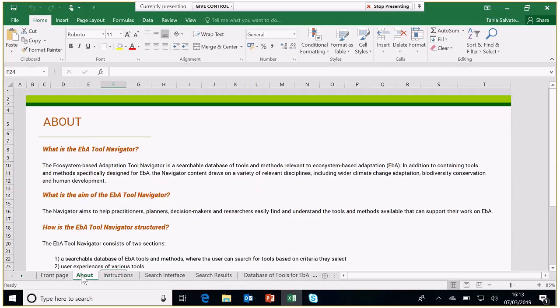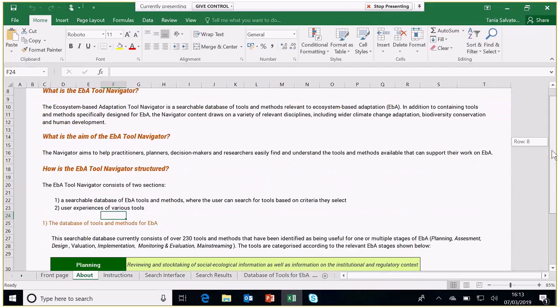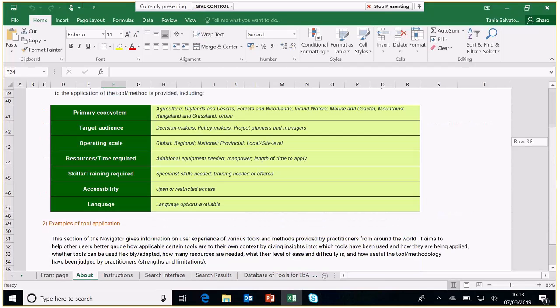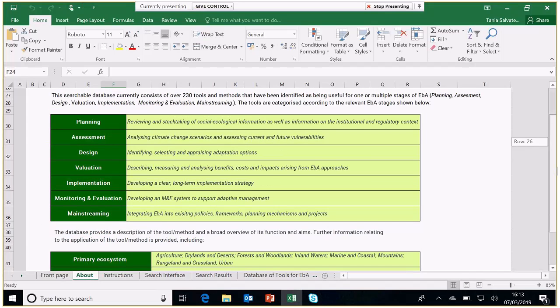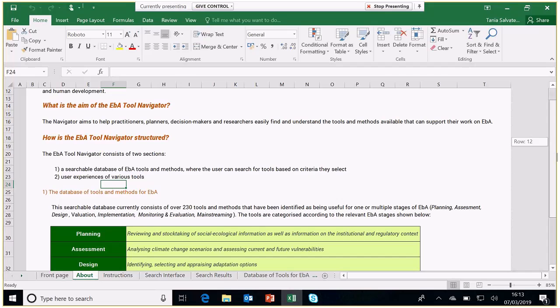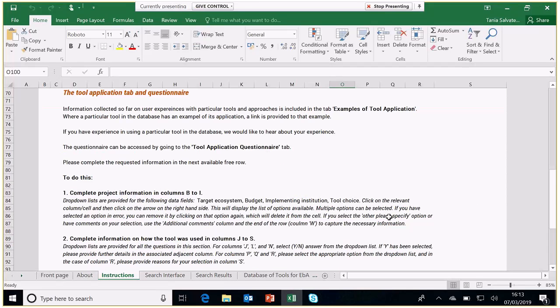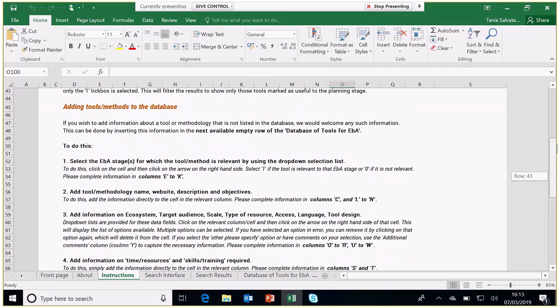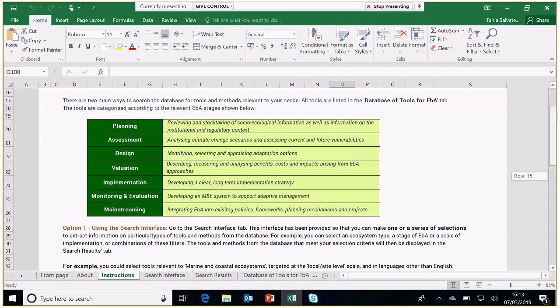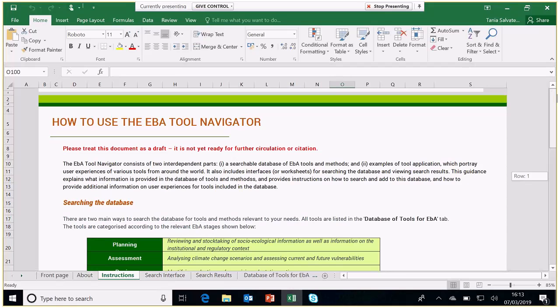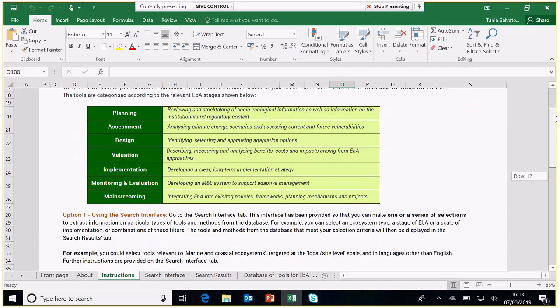You have the About tab, which gives just a brief introduction to the Navigator, how the idea for a Navigator of tools came about, and an overview of its aim and structure. You have the Instructions tab with a bit of guidance on how to use the Navigator, including instructions for searching the database and also how to add tools and methods to the database.